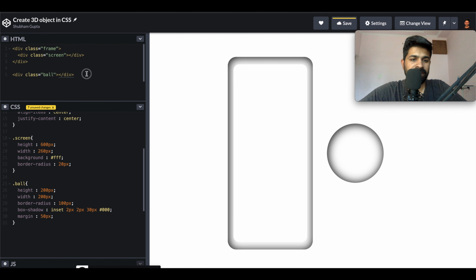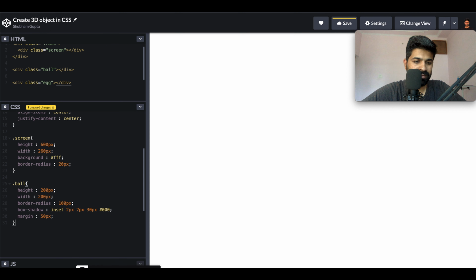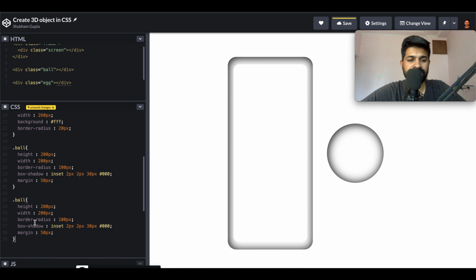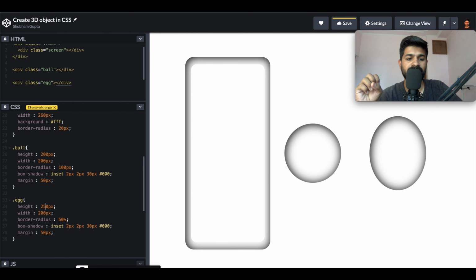And if you want to make, let's suppose, an egg, paste it, and instead of ball just write egg. Instead of the border radius just write 50%, and make the height bigger compared to the width, so it will grow within the height, and you can see that we have created an egg also.